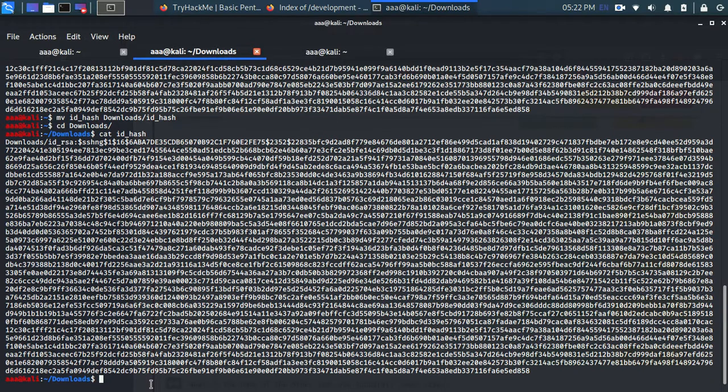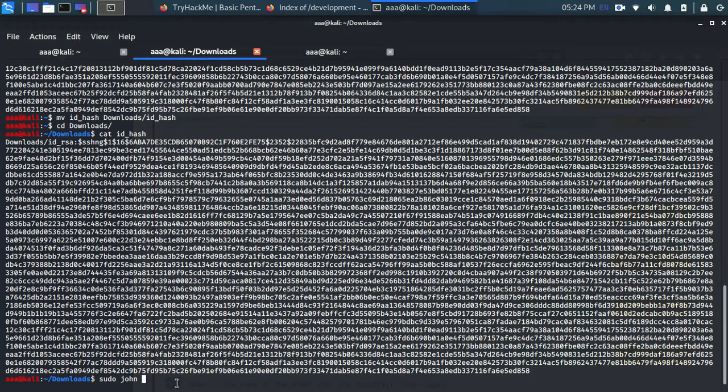So now we need to actually crack this to get the password. So we are going to use John. Do use sudo john, just don't use plain john. Press sudo john, then the name of this file which I'll put over here, and now I'm going to crack it.